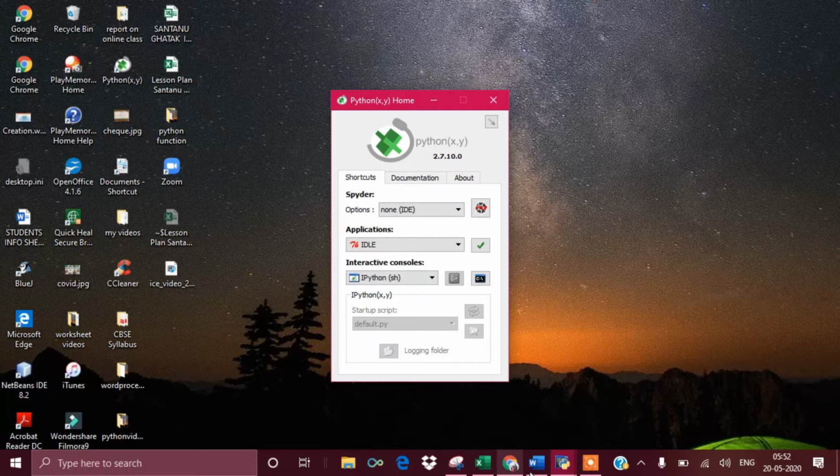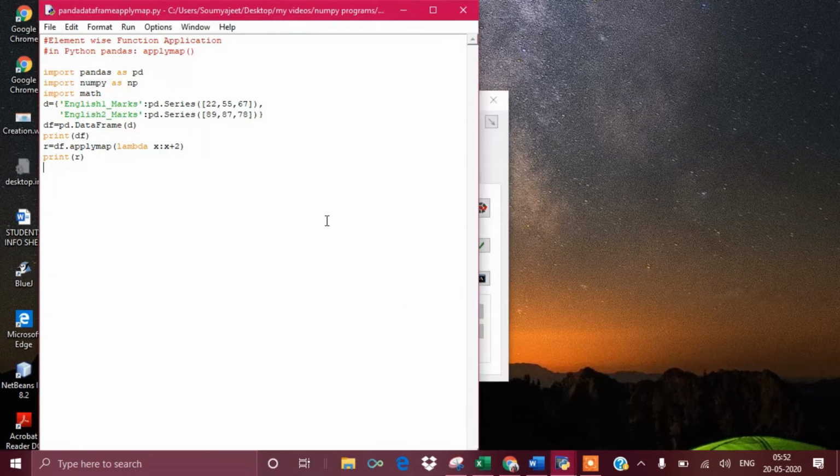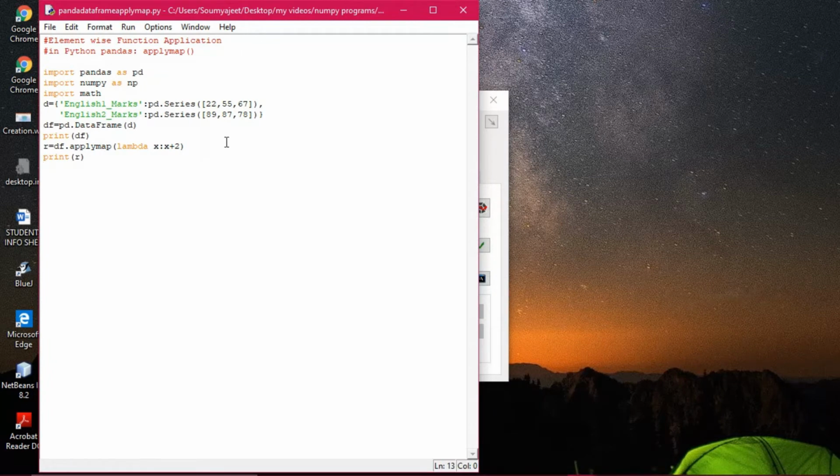Let us see one program demonstration out here in Python. You see this particular program, element wise function application. Here we have taken a new function, I will explain it after this program. That is called lambda. Lambda is an anonymous function, one typically writes a lambda function on the fly when one wants a function for one-time use. It has to be written in a single line and no return is there.